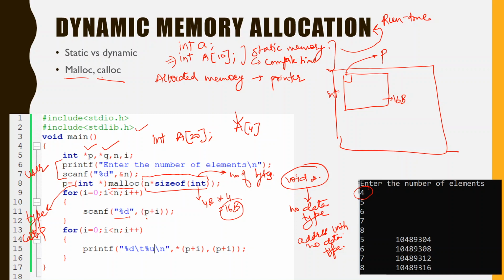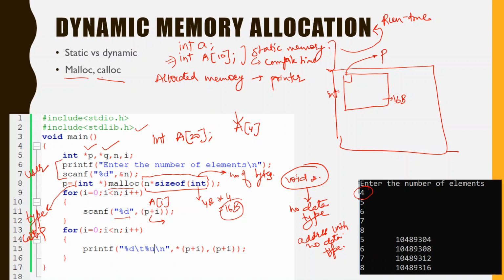Now normally we write like this: a[i]. Here a is the base address and i is the index, and when we access an array with the help of a pointer, we write p + i. p + i means i is initially 0, so p + 0 is p, that is the base address, and the base address denotes the first address. Now p + 1 would be a contiguous increment.